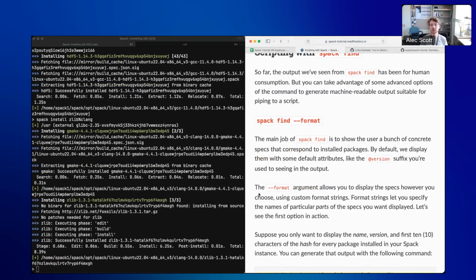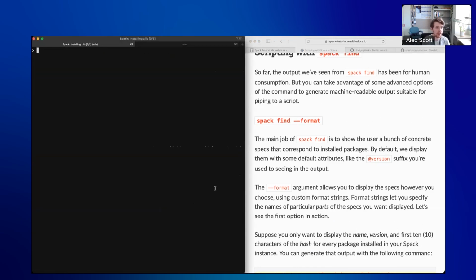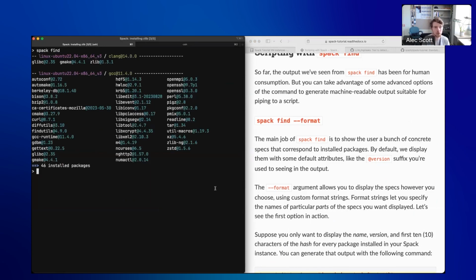So the first thing that we're going to cover here is some format strings inside of spack find. So we've used spack find a bunch throughout this tutorial. I'll demo it here a little bit. We've got regular spack find, which will pull out all of the packages and then the compilers that they built on top of. So you can see here we've got the packages that we built on top of Clang and GCC 11. If we wanted to have a little bit more specific output for this, so if you're working inside of a script and you want to be parsing some of that information, you can do spack find --format, and then